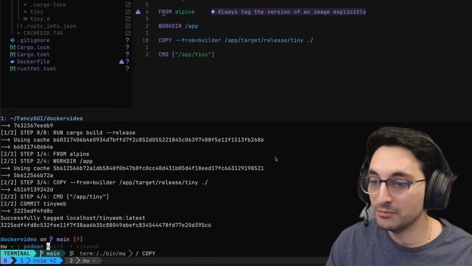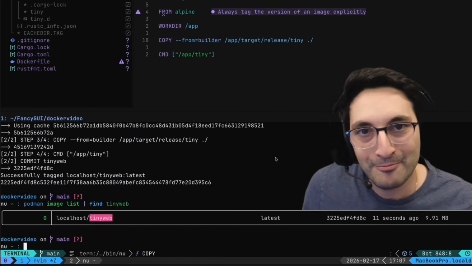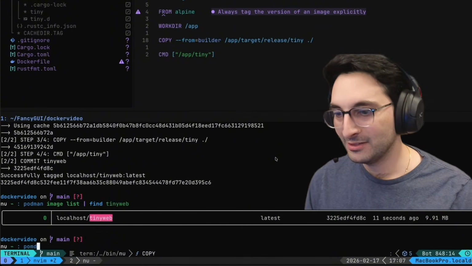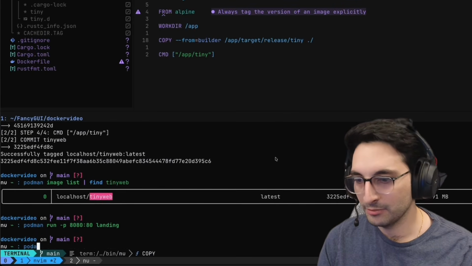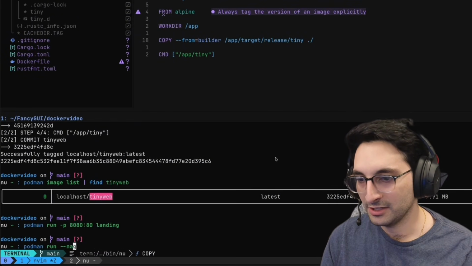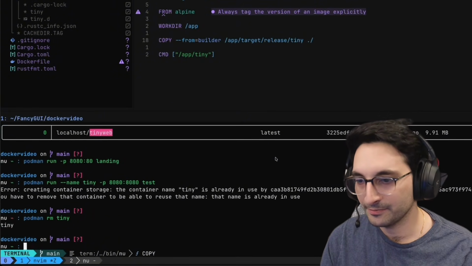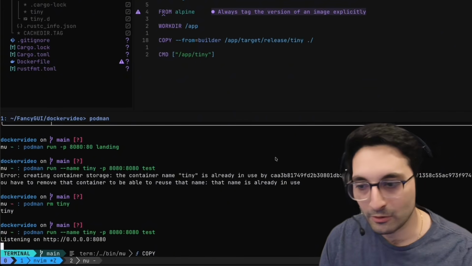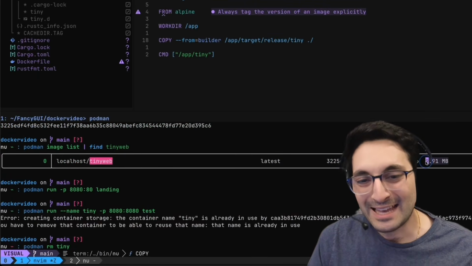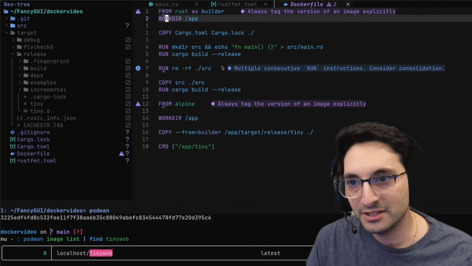And now if we do podman image list, and let's look into tiny web, 9 megabytes. And if we run it, podman run tiny. Oh yeah, podman remove tiny, podman run tiny. It's running. So now we have a 9 megabytes image that is properly formatted, so it doesn't have to